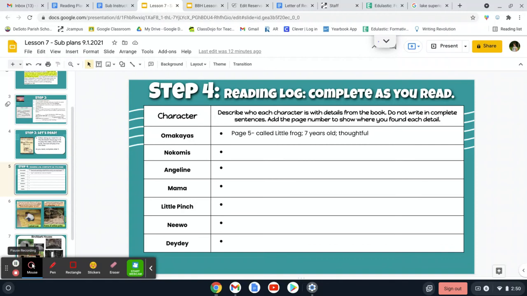Mama tanned the moose hide with the very brains of the moose, and Omachias hated the oozy feel of them on her hands. Not to mention the boring, endless scraping and rubbing that went into making a hide soft enough